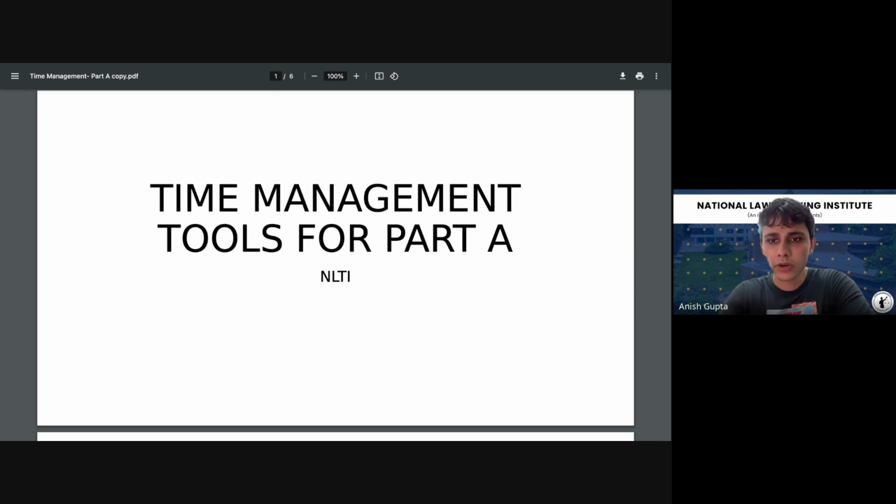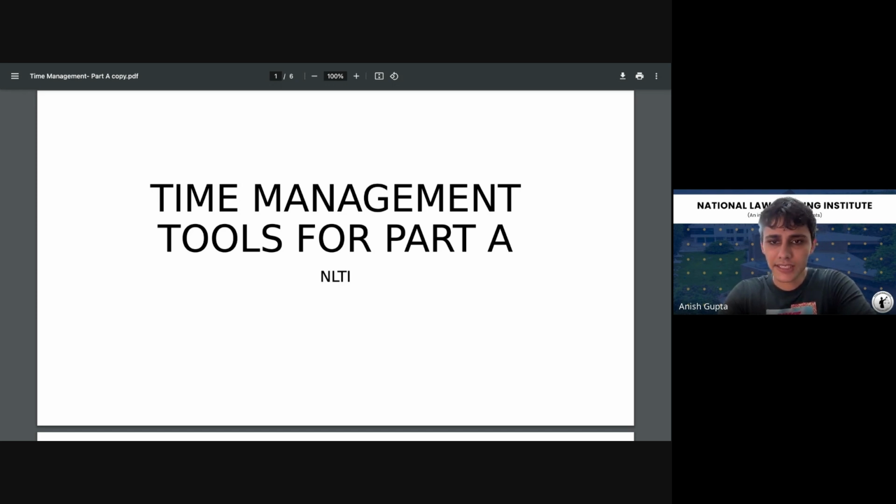preparation. So before I get into the thick of the things, let me just give you some preface to how time management helps you in this exam and why it's one of the most important things. Because the general difficulty level of this paper is not that much. You'll be able to go through different parts of it, be the logical reasoning section or even the part B. The difficulty that majority of the students face is to time themselves because you only have about 2.5 hours and you need to attempt an entire MCQ based paper, and then you also need to attempt a subjective based component of this paper. So to be able to manage your time between both of these components is no easy